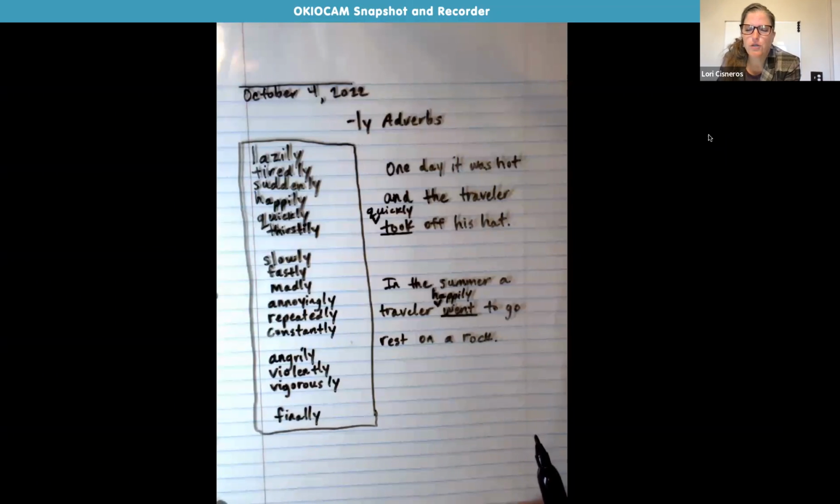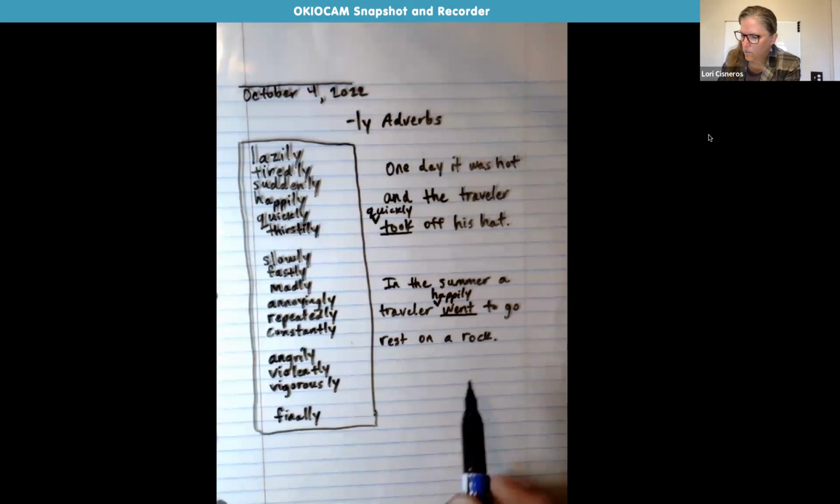Then you're going to do a nice copy for me. You're going to copy it in either your nice handwriting, or you can type it. If you know how to type and you like typing and you're pretty good at that, you can type this instead of handwrite it. It's up to you and your mom or grandma or whoever is doing your homeschooling, okay? And then you're going to turn that in as part of your homework.